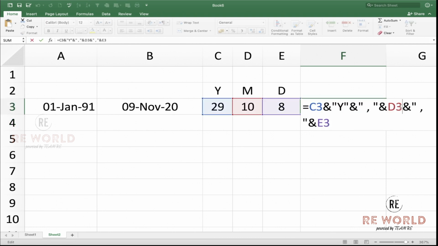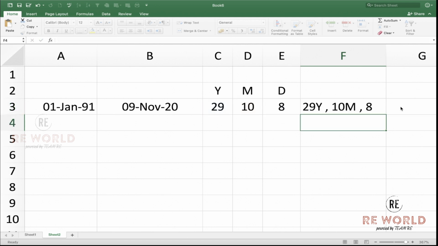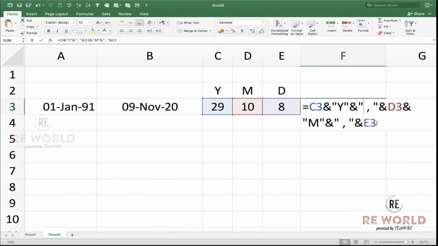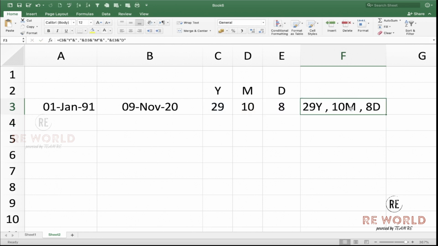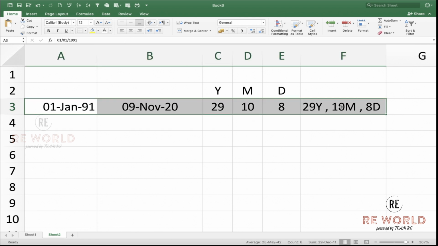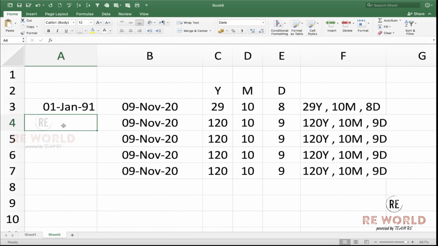So D3 are the months, then we need to add in inverted commas, months, right? So 29 years, 10 months, and at the end you need the AND function and days and close the bracket. So 29 years, 10 months and 8 days. Let me just drag it down to show you the results for other dates.